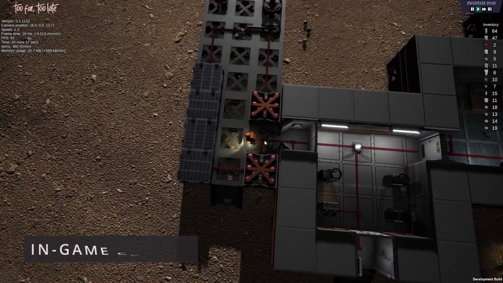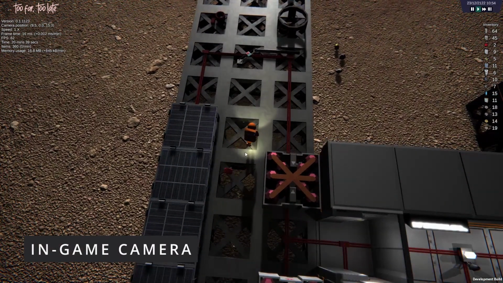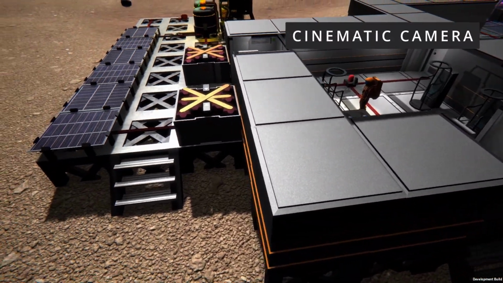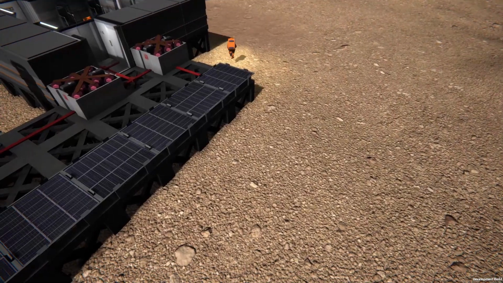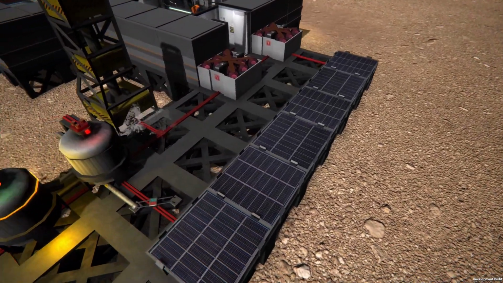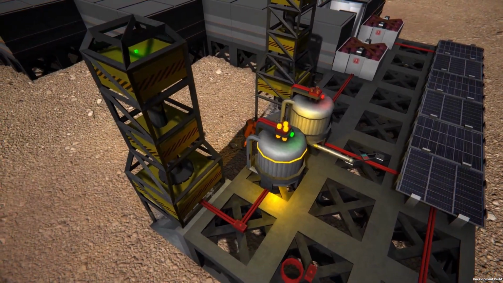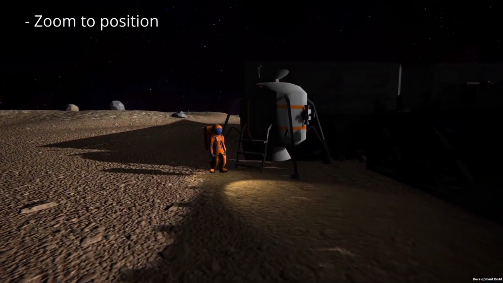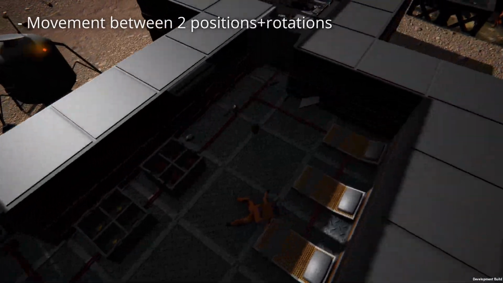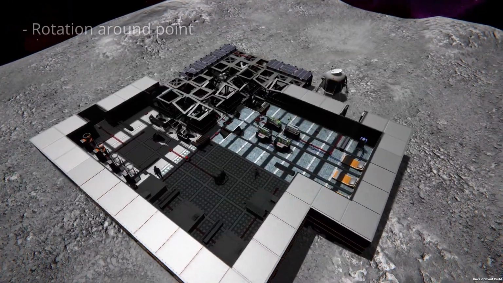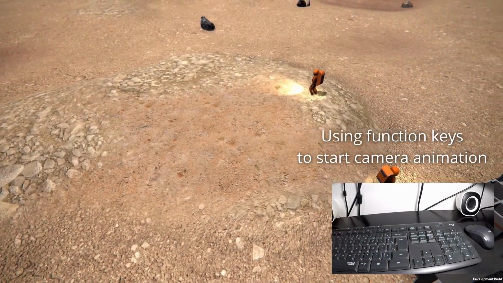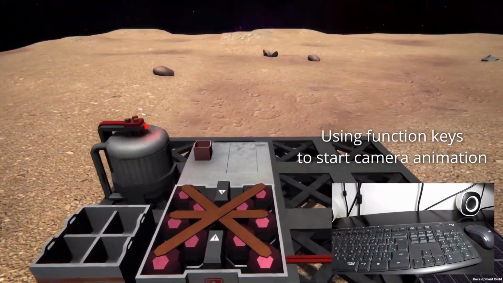Unlike the in-game camera, which has a limited zoom, this new camera offers complete freedom of movement and a very smooth movement. This camera script also includes several practical functions not very common for a game camera: zooming to a specific position, making a gradual movement between two angles and positions, and also a rotation movement around the selected point. All the camera controls can even be activated with the UI invisible.